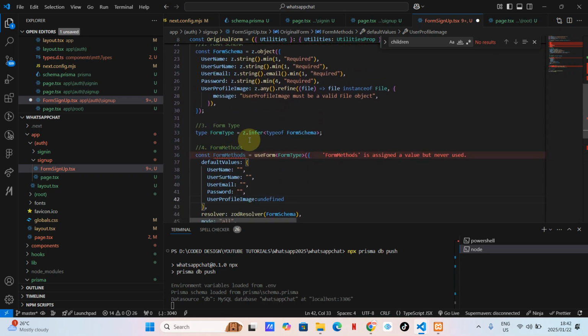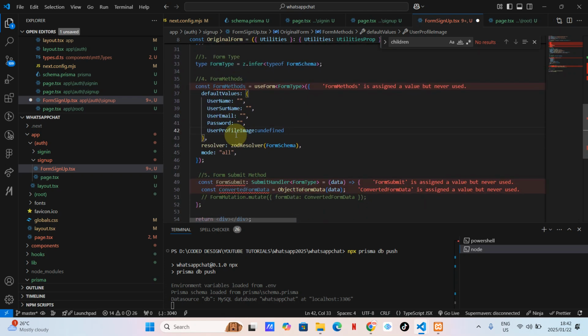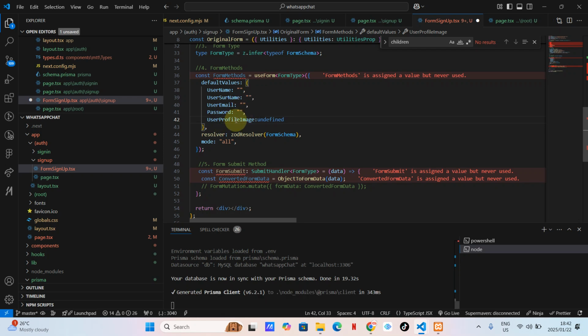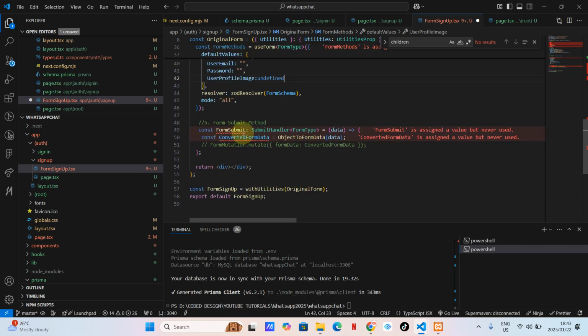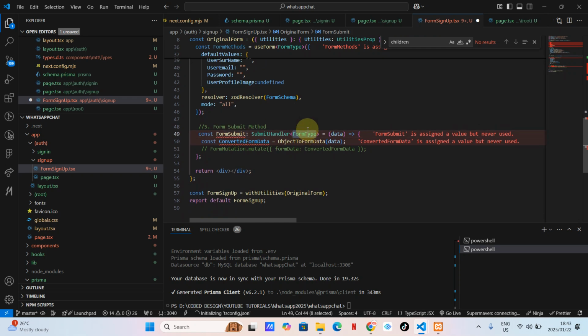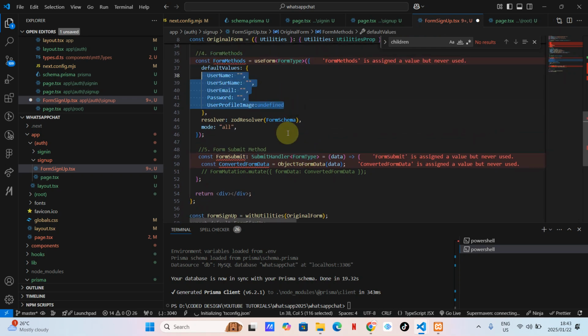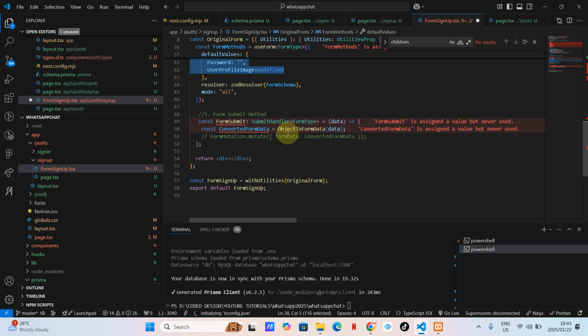We've got the schema, we've got the type of the form schema. We've got the image, and what else? We've got the form submit. This form submit will take this type, which is this one. Okay. And then from there, what we want to do, the convert form data